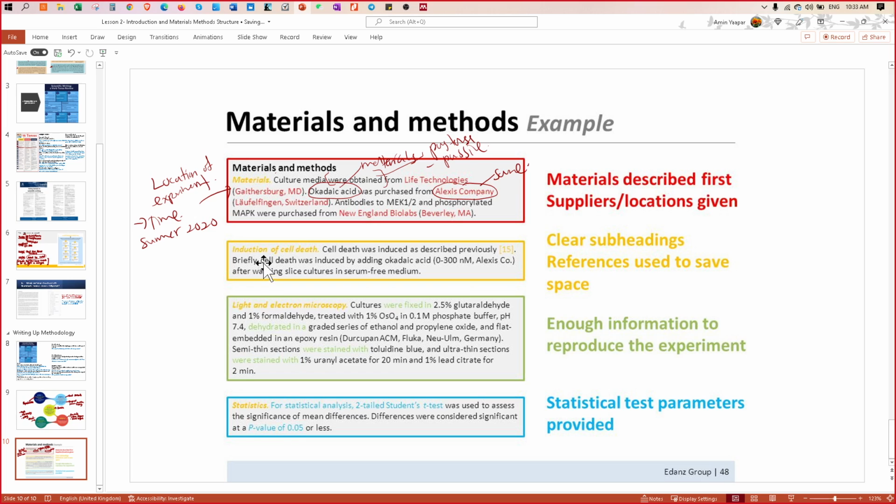Okay, all right. Then you can move to the specific technique that you use. For example, in this example here, it did the induction of cell death. So what happened was cell death was induced as described previously. Previously meaning that you are referring to a previous experiment from somebody else.